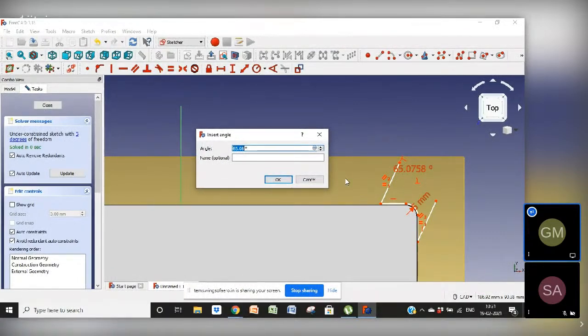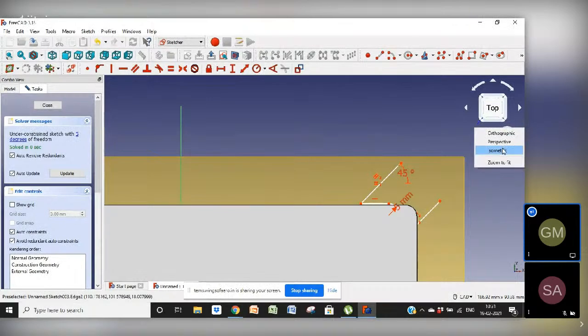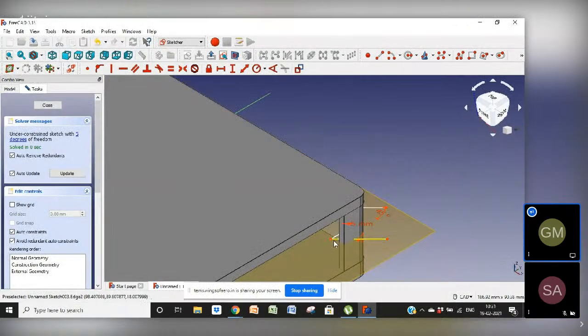Yeah, this that would be 45 degrees. Now we have to choose it again. Okay,